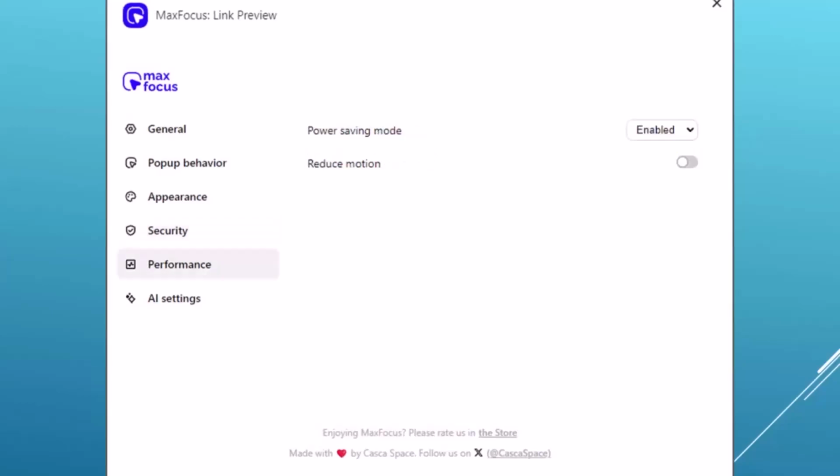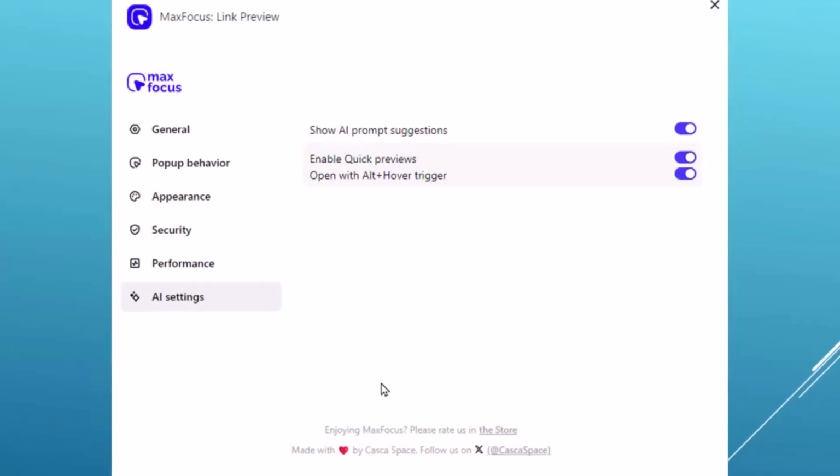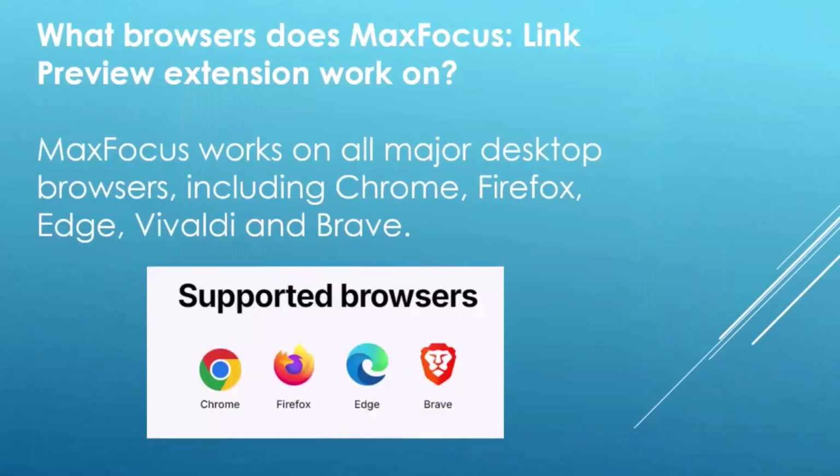Under performance, you can have a power saving mode and you can reduce the motion. And under AI settings, you can show the AI prompt suggestions, enable quick previews, and open with Alt and then the hover trigger. Max Focus works on all major desktop browsers, including Chrome, Firefox, Edge, Vivaldi, and Brave.